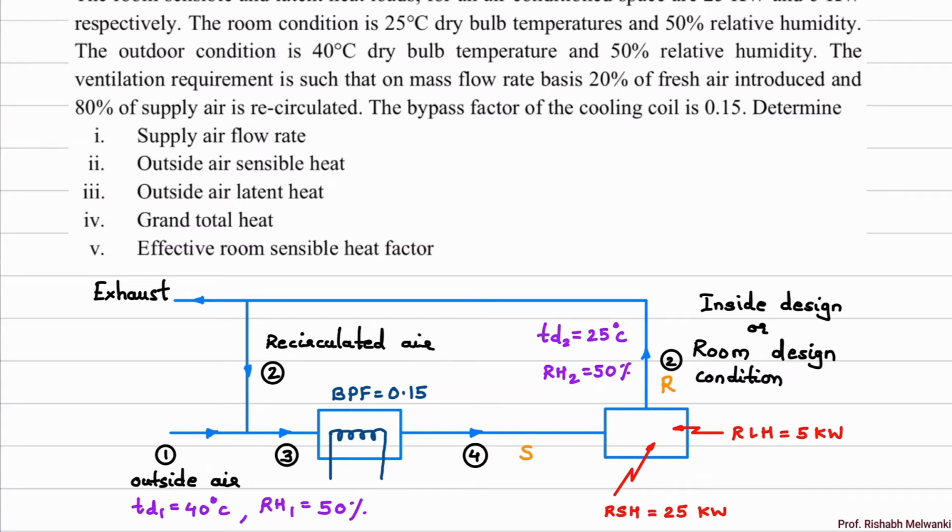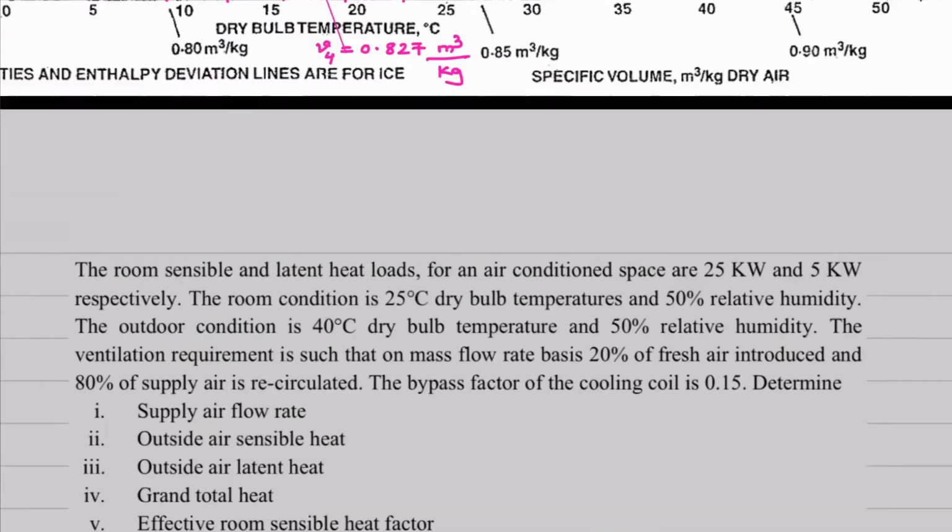Okay, so we will solve this numerical. How to solve this numerical? We will see the overview first and then go in detail of each and every point step by step. Okay, so what we will do first, we have point number 1 data, two properties are there. We have two properties of point number 2. Okay, outside condition is 0.1 and room design condition is 0.2. So we can mark point 1 and point 2 on psychrometric chart. Then the mixing proportion is given using the length or dry bulb temperature. We can mark point number 3. Okay, so we'll go to the psychrometric chart.